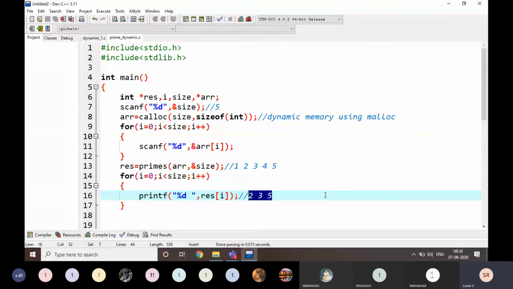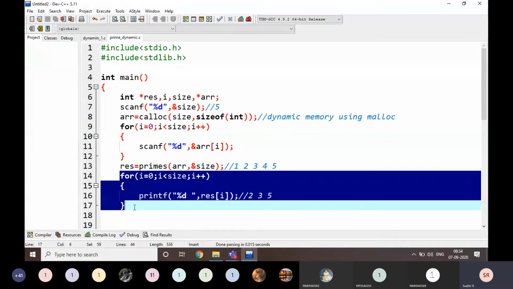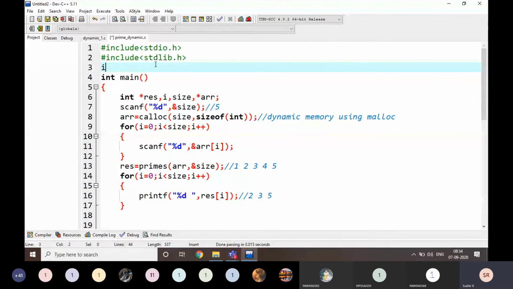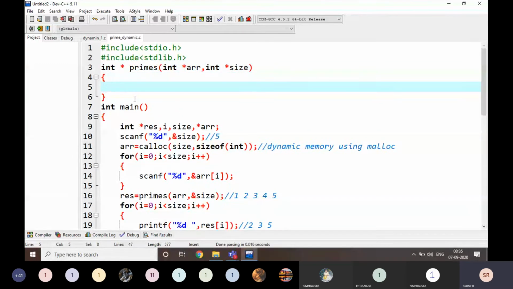Yes, sir. Yes, that means I am going to return more than one value, right? That's why I am writing here star res. Okay, res is equal to, and I am going to print only a single value or multiple values? If I am writing in a for loop, it is going to print multiple values, right? Then what is the data type of res? Res is int star. That means I am going to write int star here. Int star means it is going to return multiple integer values. Name is primes, and int star arr, int star size. That's it, nothing else. This is the function definition.